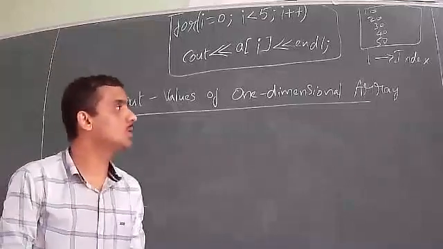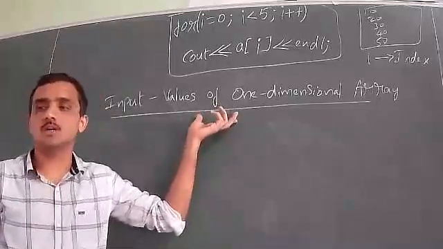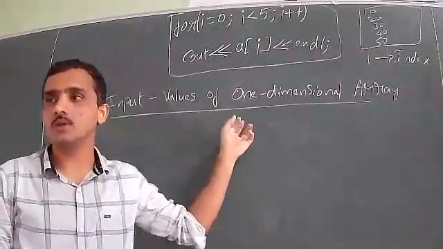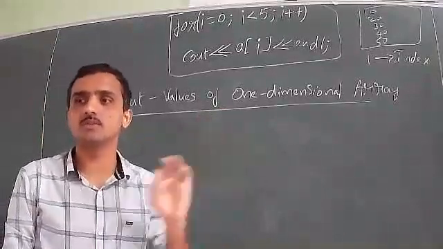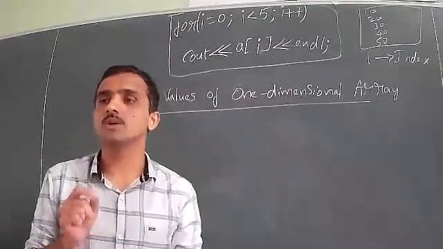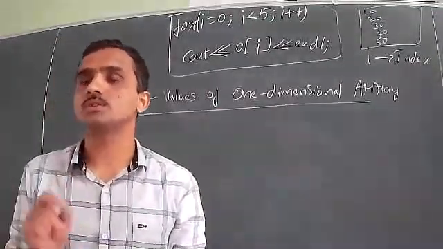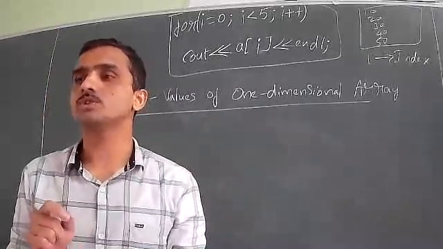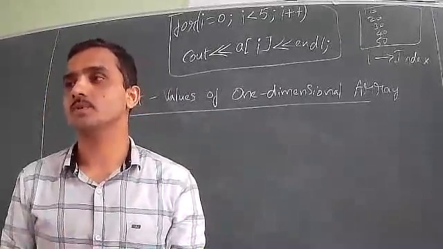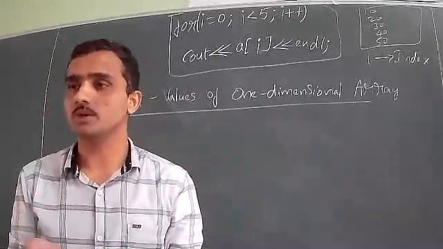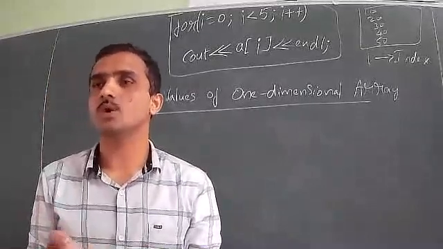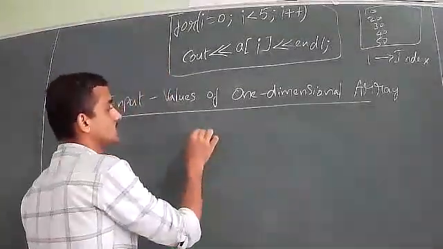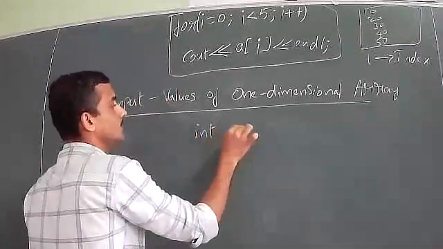Okay. So before we go to the input process of one-dimensional array, let us consider the input process of the variable which stores single value. Because we have 2 things: variable which stores a single value, and variable which stores more than one value. So a variable which stores more than one value is nothing but an array. Array means it is a variable only. It has the option to store more than one value. That's all. Now if we consider, say for example, int a.